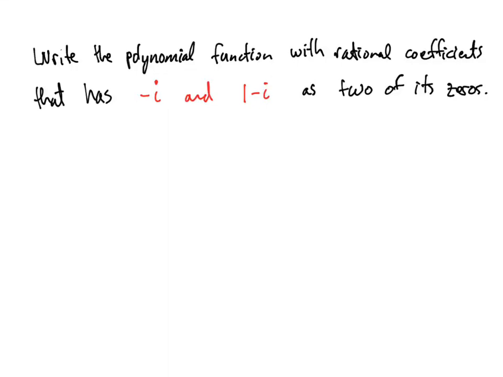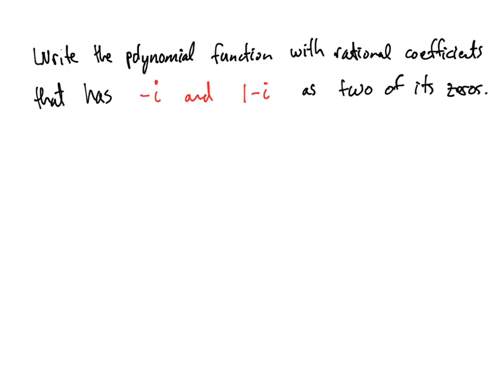Alright, let's look at this example. It says, write the polynomial function with rational coefficients that has negative i and 1 minus i as two of its zeros. So, what this means, that negative i and 1 minus i are zeros for this function we're trying to create, that just means